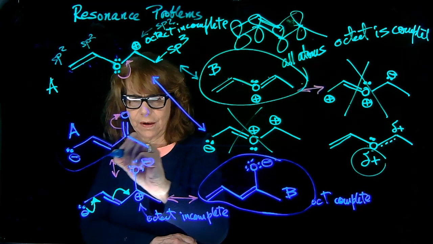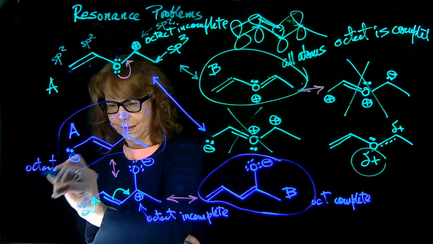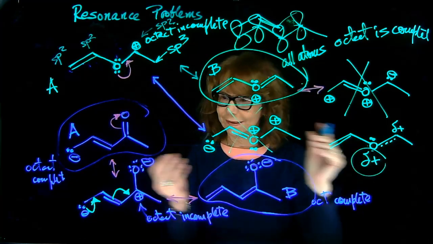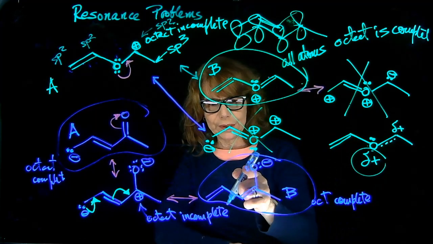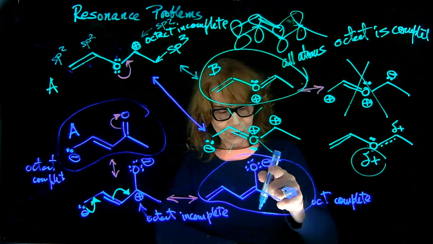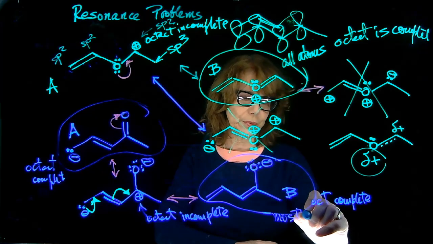Right? Now analyzing that factor, it is the same, but here I have the negative charge on an oxygen and here on a carbon. So this is the highest contributor